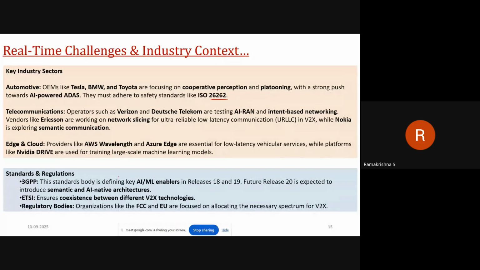Talking about the edge and the cloud ecosystem, you already know that AWS and Azure are the major providers, critical for hosting low latency vehicular services. And platforms like NVIDIA are being used to train large-scale machine learning models for autonomous driving systems. Of course, other than this, we have been seeing some standard regulations from 3GPP,